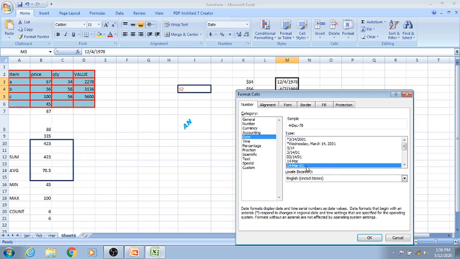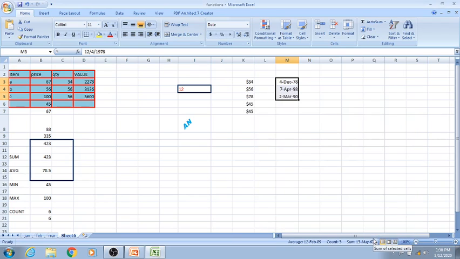If I choose this one, the format has changed. Can you see? So this way you can change the format of the date, you can change the format of the time, you can change the format of the numbers, you can change the format of the text, you can change the format of the cells. So this way we can do the formatting in Microsoft Excel.